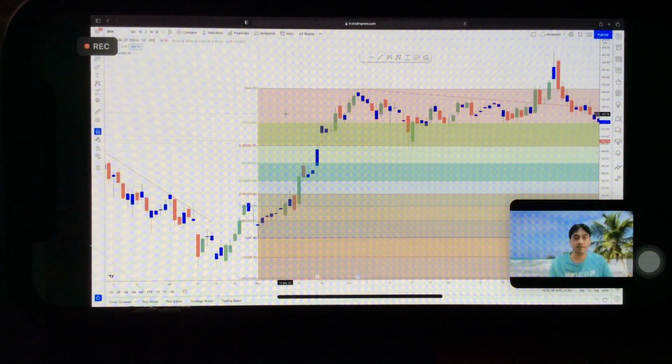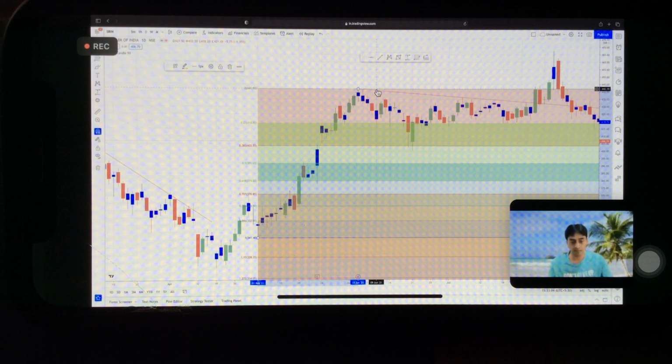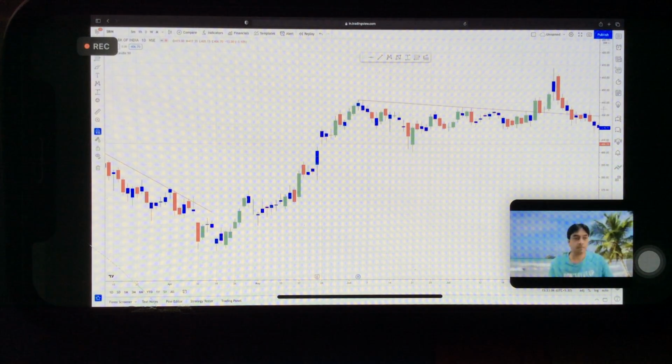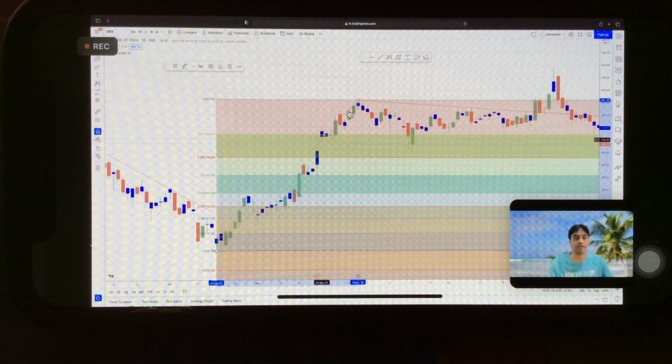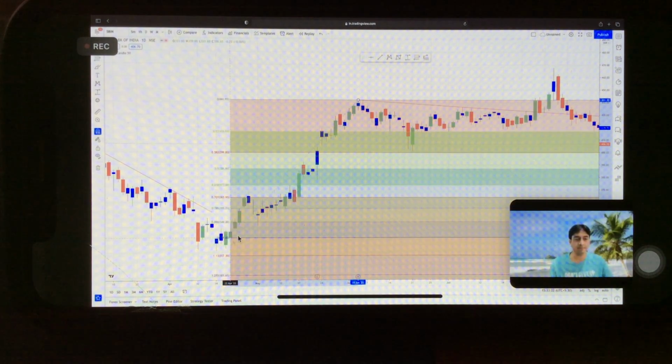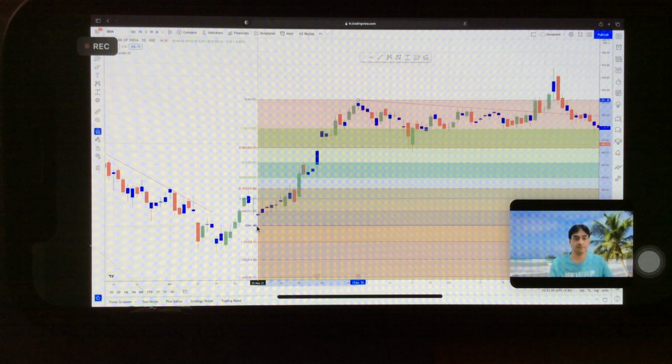For example, I have drawn this. Suppose someone might say that this is the swing low, right? And he or she is not wrong. You draw it. But is this matching with Fibonacci? No. Then the next swing low, I can see this, right? So it's matching with 0.5.